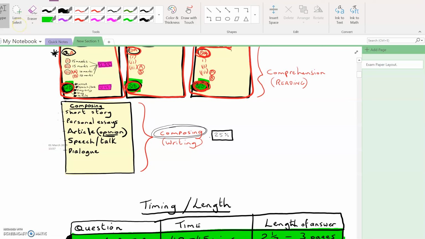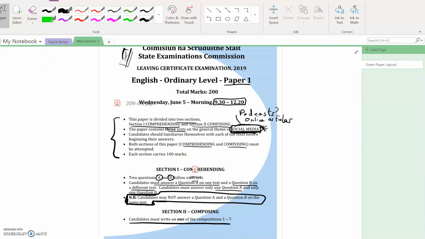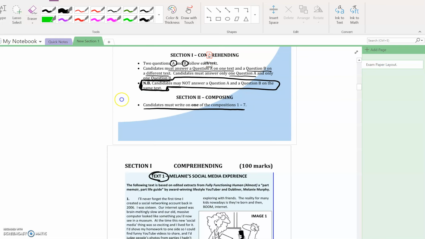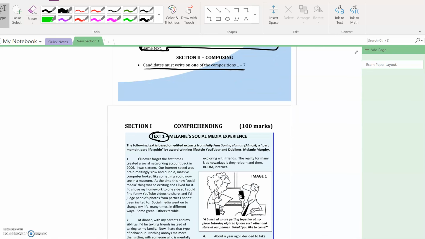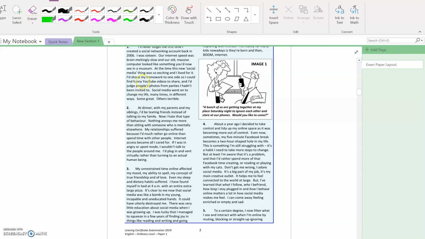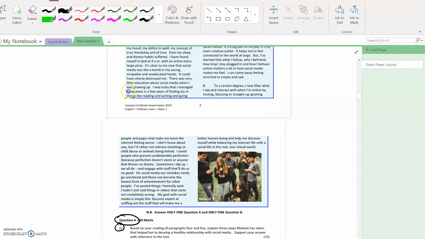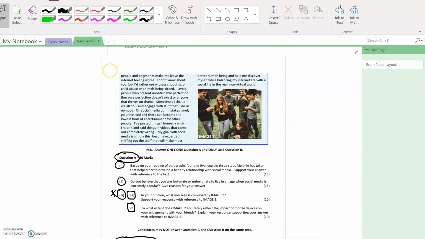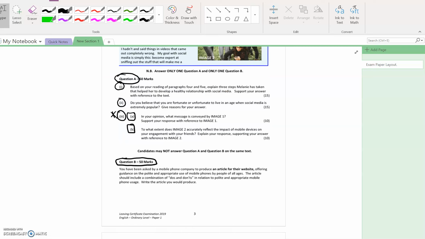So like I said, let's take a look at our paper again and see if we can put this into action. So let's look at text 1 from this paper. I get the paper in front of me. This is my exam paper. I haven't read anything yet. I'm not even going to read this text. I'm going to go straight down to the question B and see what it is on text 1. Okay, this is the question B right here. And it's asking me for an article for a website. So that's a newspaper article. Okay, I make a quick mental note of that.